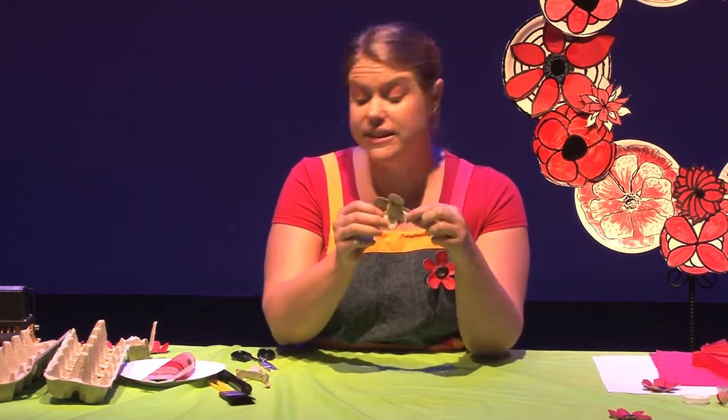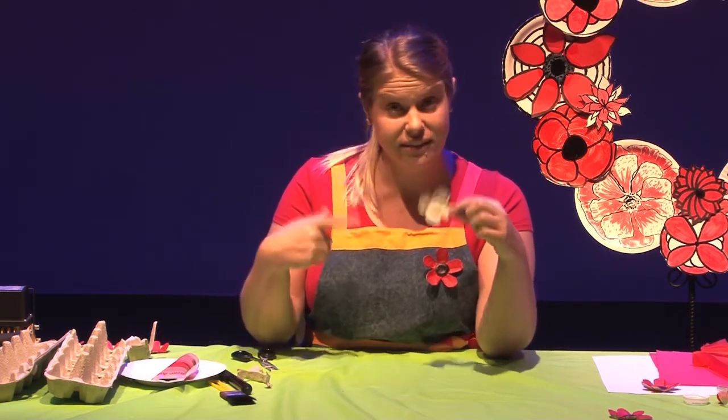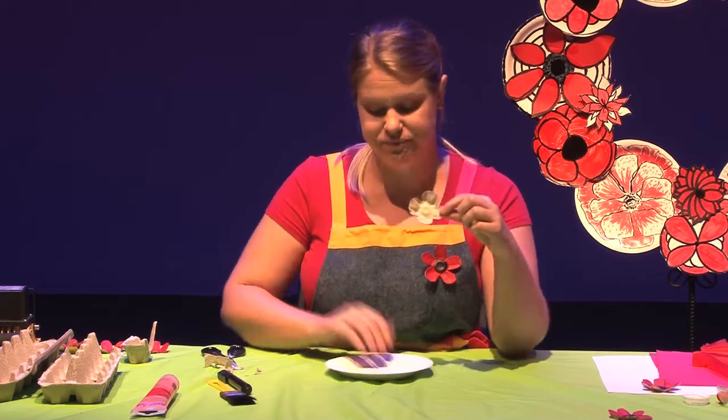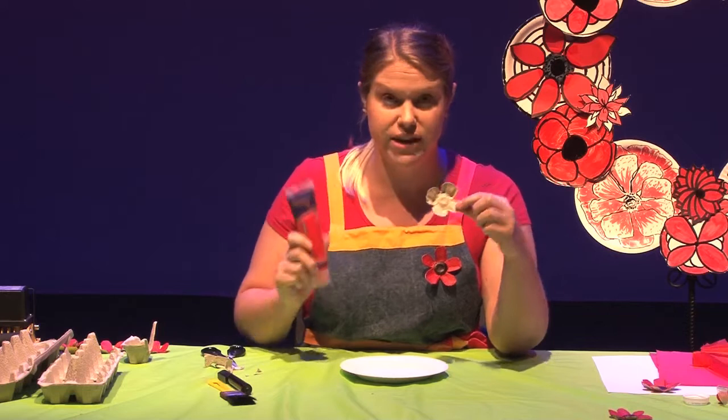So, now, you can colour this in. If you don't have paint at home, that's totally fine. You can use textures, you can use markers. I'm going to use paint to cover this and then show you what to do next with that version. But you can totally just use markers to colour it in. I've just got a paper plate here to put my paint on so I can squelch it out there to